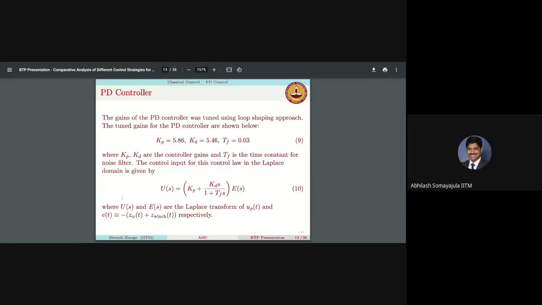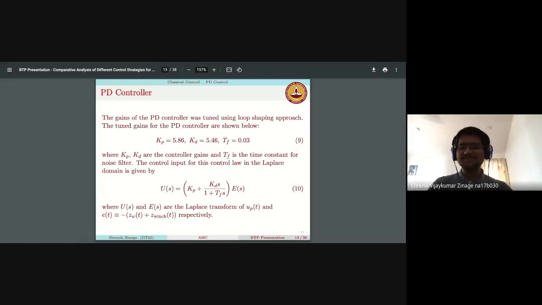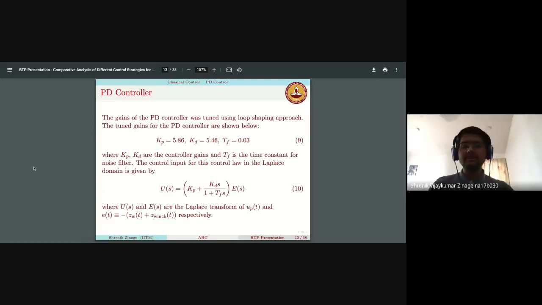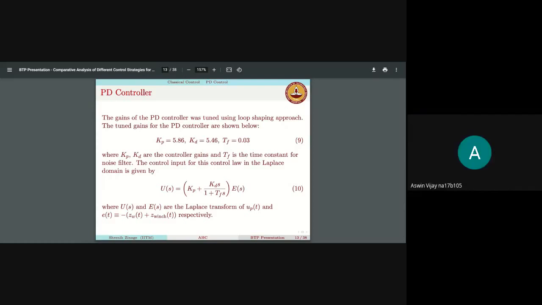And what is the loop shaping approach? That's actually a long process. That's why I felt like not explaining it in this PPT. I don't have the figure right now here. I have it in the PDF. Shall I explain it, unless your friends are interested? Yeah, if you're interested, I can explain the loop shaping approach.